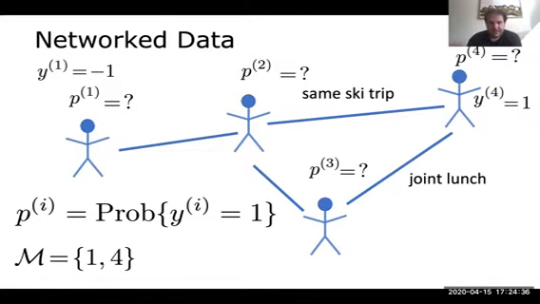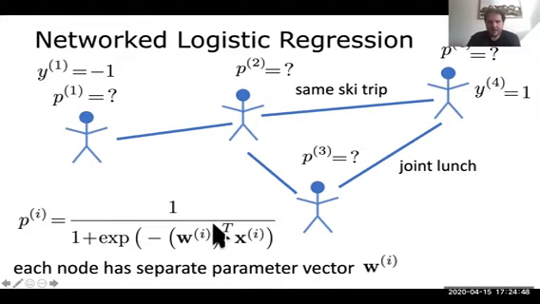So what we would need is a model for the probability that the person needs intensive care. So the probability that the label is 1. And in our approach, we use a logistic regression model, which